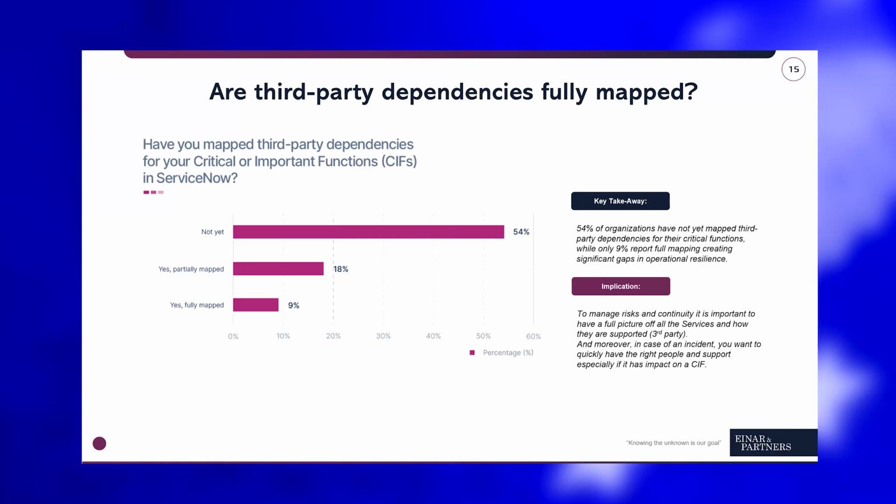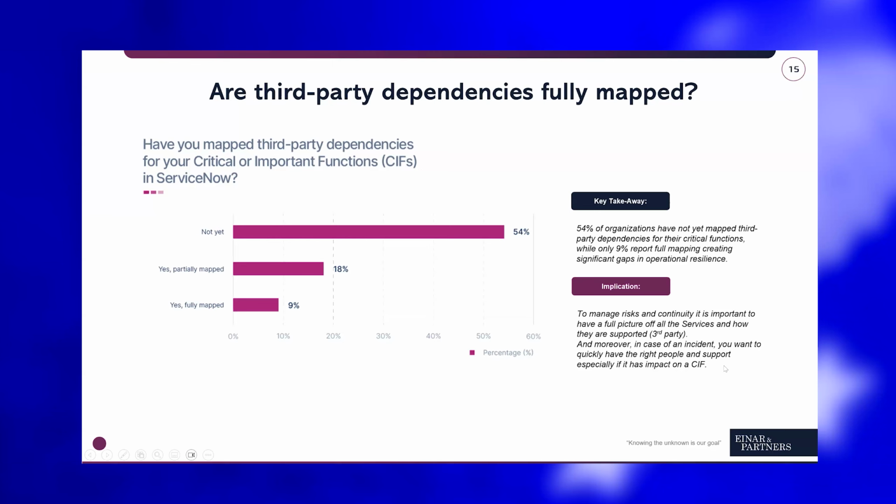And just to put some texture onto this, it's not enough to just say, oh, we rely on Azure, oh, we rely on AWS or the switches and routers or something like that. No, we need to be pretty specific. We need to be able to point to specifically what aspects in Azure, for example, our critical function is dependent on, which particular parts of a third-party data lake or whatever it is that is important.